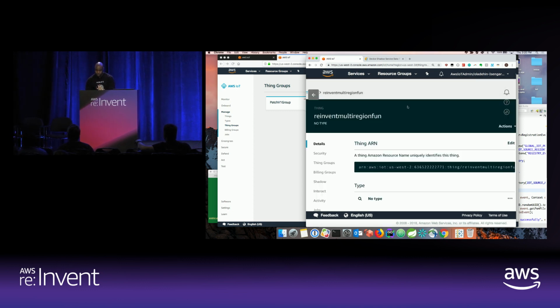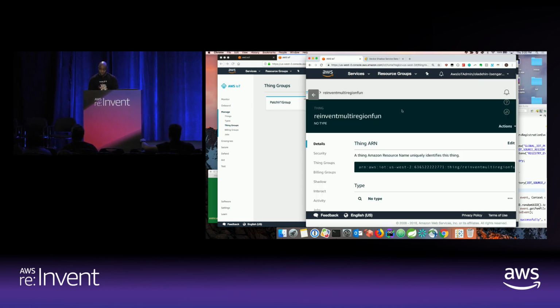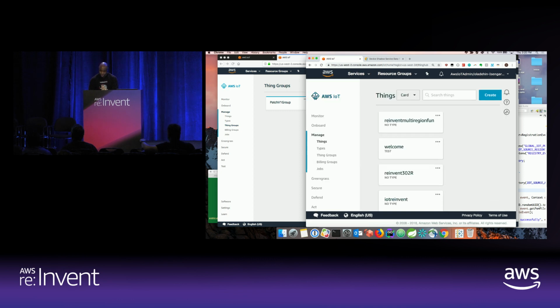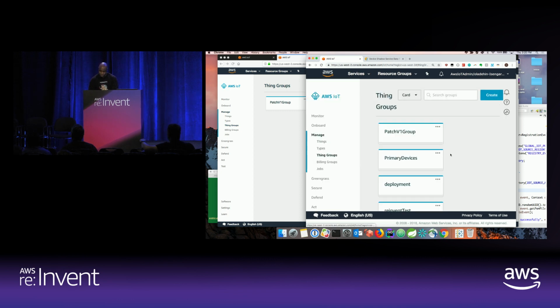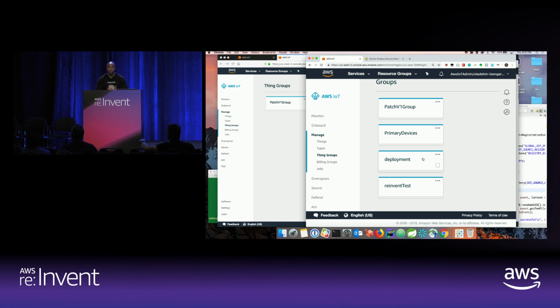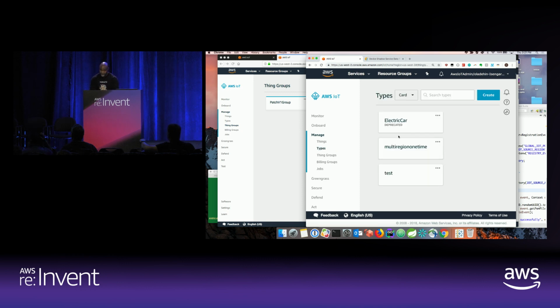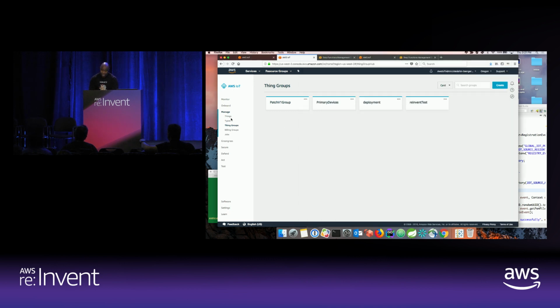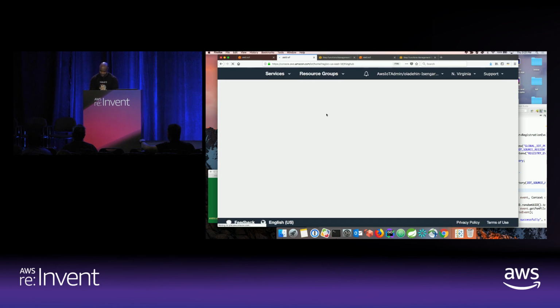Now I have my reinvent multi-region. It's been replicated, multi-region fun from one place to another. If I go into my thing groups as well, I now have a new one, deployment. I now take it from one region to another. And my thing types, so my multi-region one time. And again, I continue to iterate on this because what's happening is step functions is sending it from one region to another. So if I go back to east, where I should be in this browser,